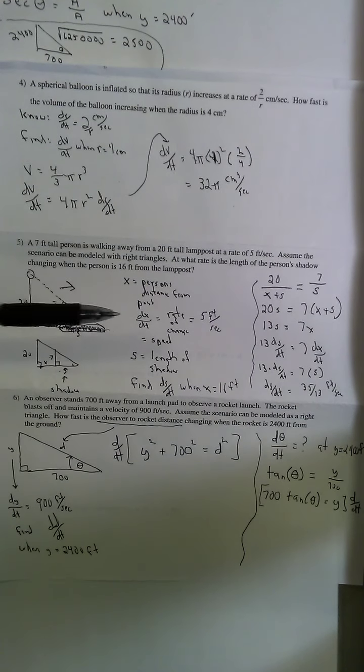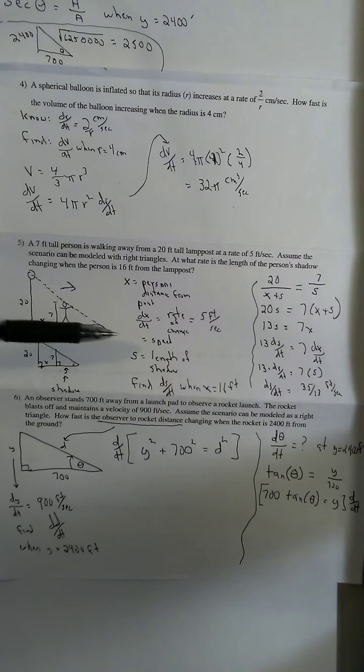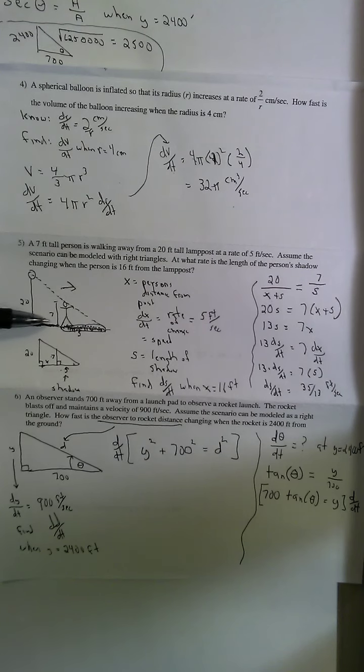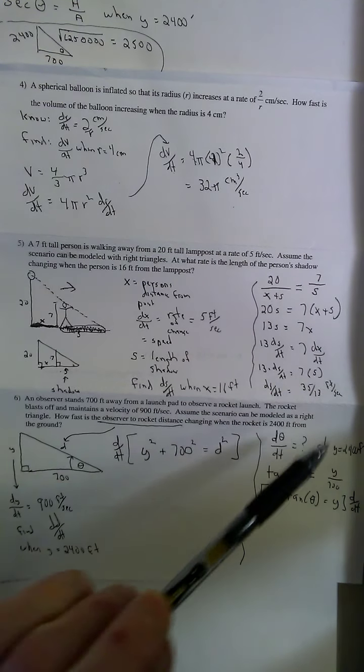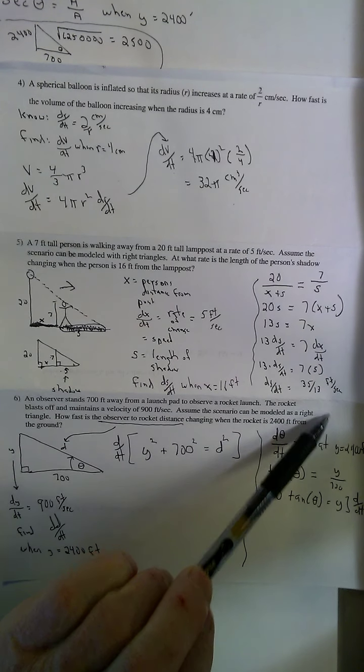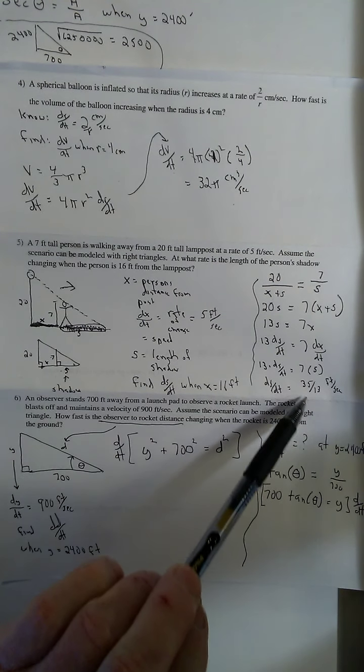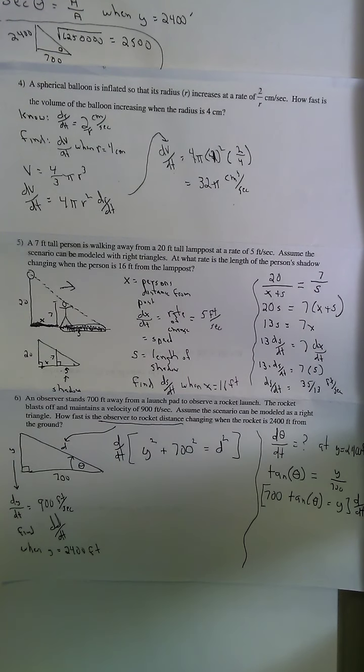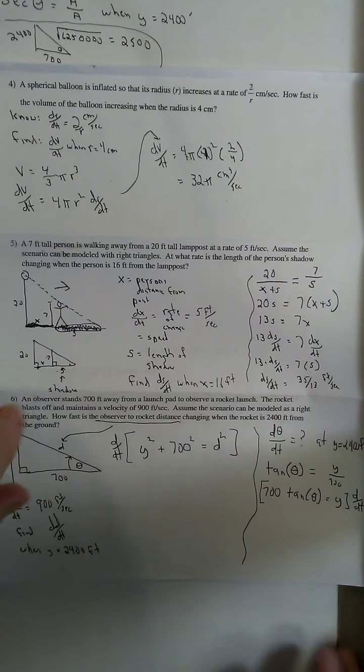Person walking away. So what's changing is the length, the distance from the wall, as well as the shadow. So this will be in feet per second. And he's walking away, so his shadow is getting bigger, so that's a positive number. And then here is the